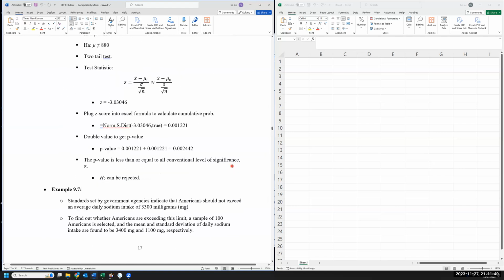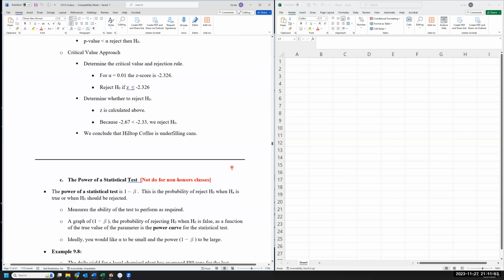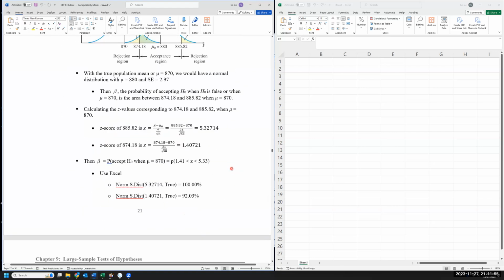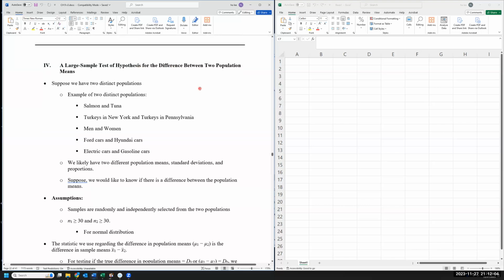Keep scrolling. Oh, there it is. This is section 4, large sample test of hypothesis for the difference between two population